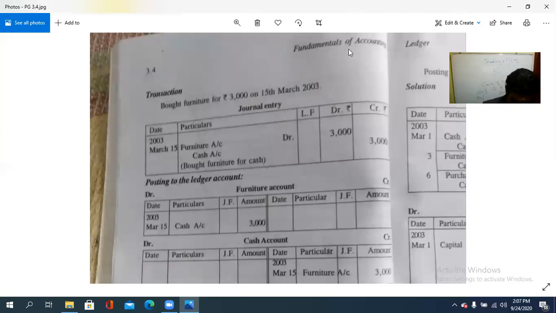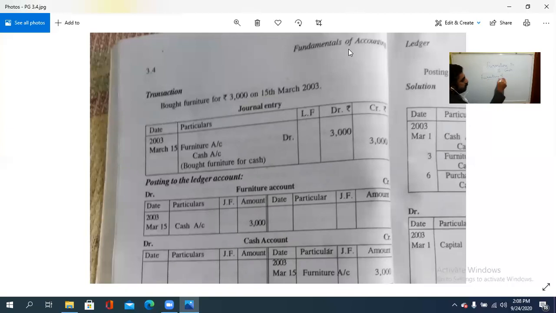Bought furniture for rupees 3000. So for example, we will do one small example with this. Bought furniture for rupees 3000 on 15th March 2003. So what is the entry? Furniture account debtor to cash. So furniture account debit side,